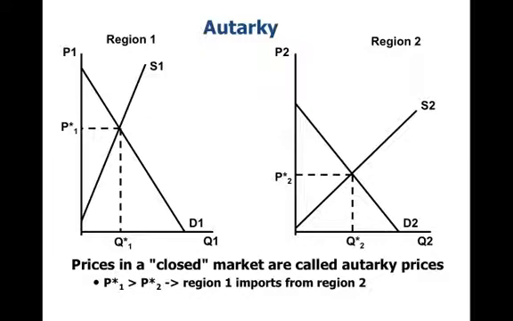So you might be wondering, well, how does this help us? How does this help us discover what price we ought to be focused on and how we discover the price when we have trade? Well, I think what's important to recognize is that in one of these markets we're going to have excess demand. That's in region 1 when price is above P2 and below P1. When price is above P2 and below P1 in region 2, we're going to have excess supply. So region 1 has demand that could be unsatisfied, and region 2 has supply that's not being sold. And so what you might think of is trying to put these two pieces of the puzzle together in what we call a third market.